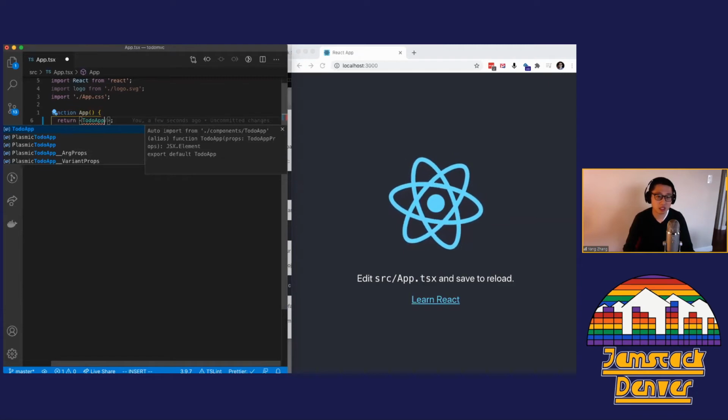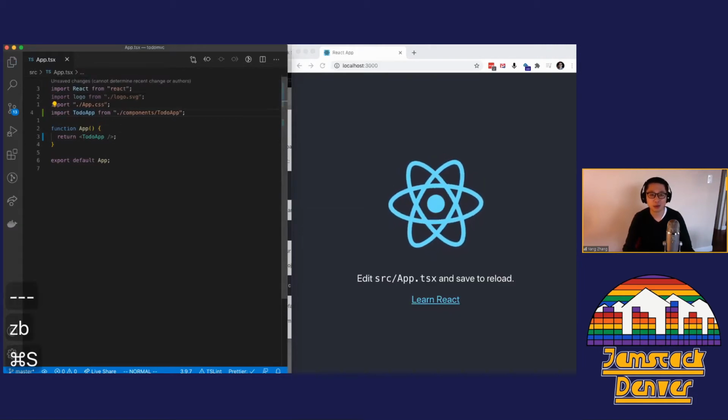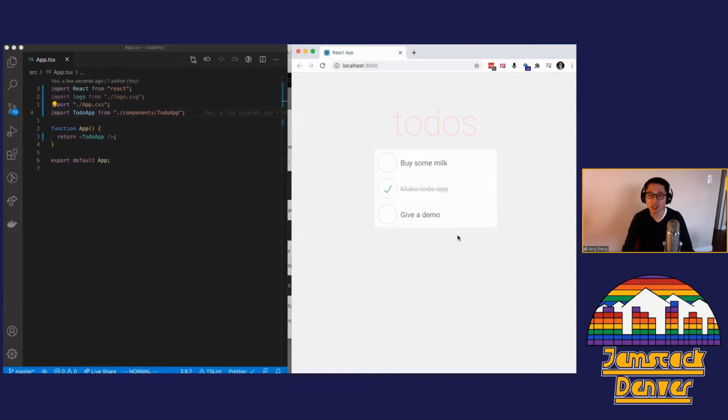Or maybe I have to type in the import manually. Oh, okay, cool. I don't know why my computer seems to be chugging right now. But anyway, with that, I have exactly what I created in Plasmic running as a pixel perfect rendition in my own app. But of course, this is still the mock data, and what I really want is my own dynamic data